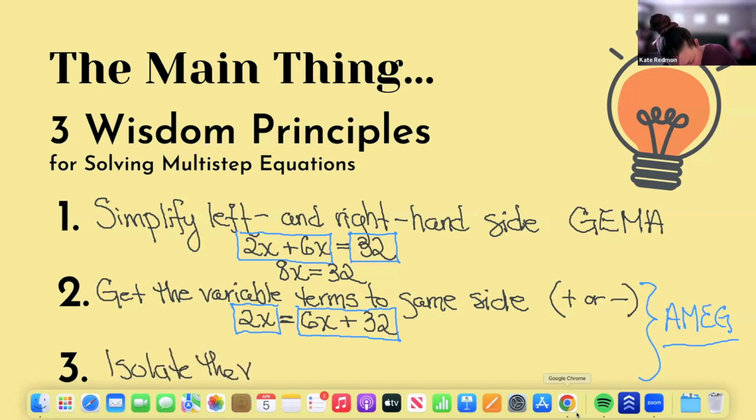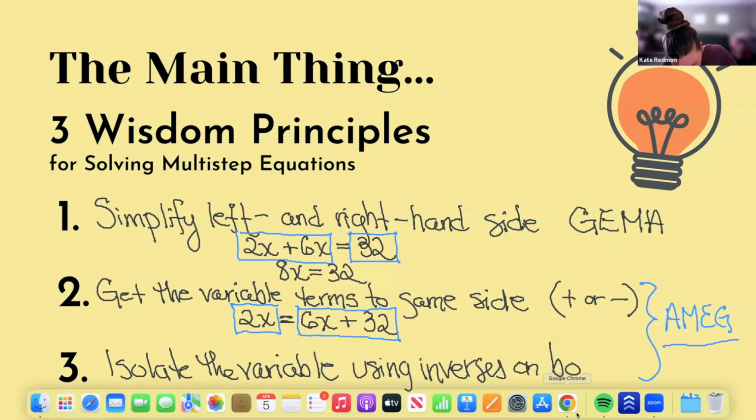We know that when we're isolating the variable, we are moving across the equal sign. So just like we've been doing, we're busting out Miss AMEG. We're using inverses on both sides. So is this a lot to remember? Well, yeah, it is. That's why I want to spend the whole class today practicing this over and over again and using these 3 wisdom principles, so you start getting that familiarity with it